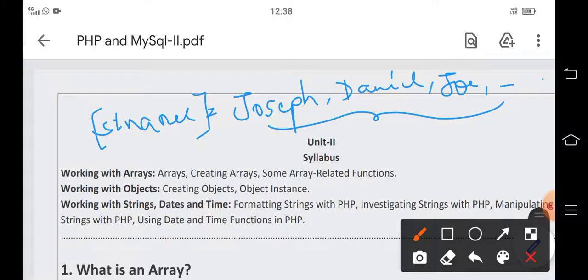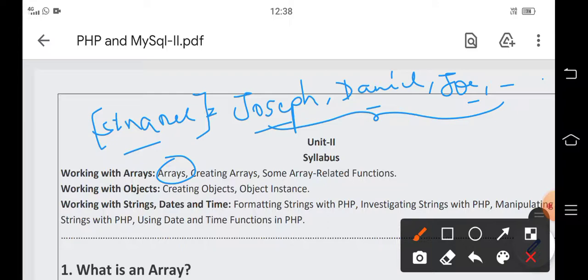If we want to store more than one value in a single variable, then we use arrays. Are you all getting it?